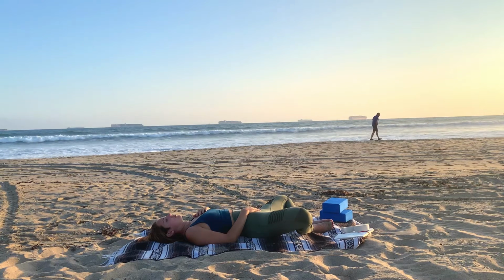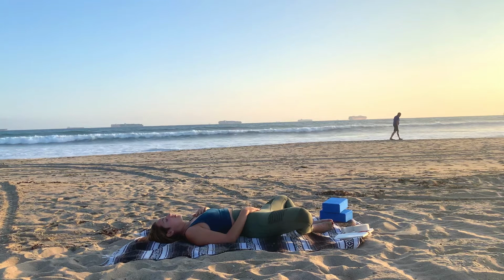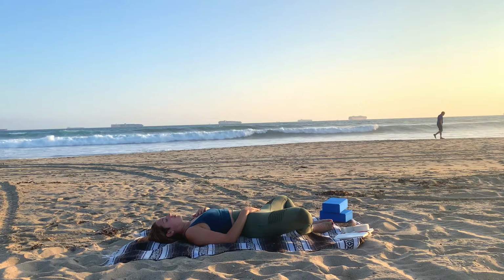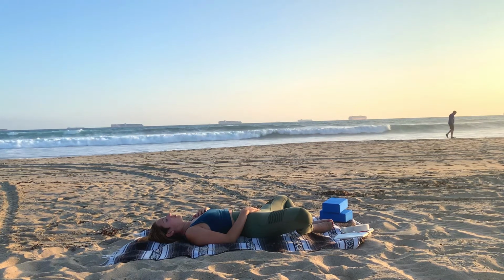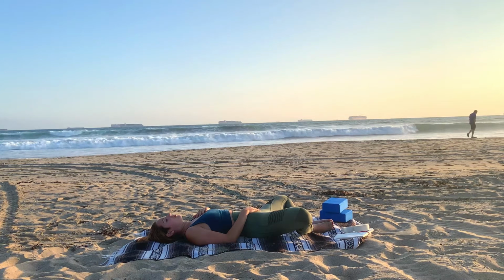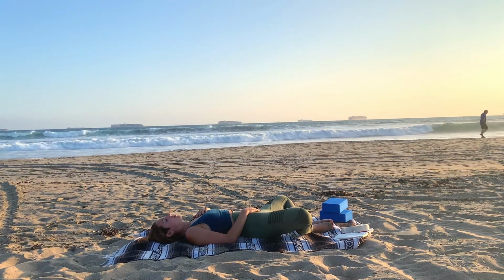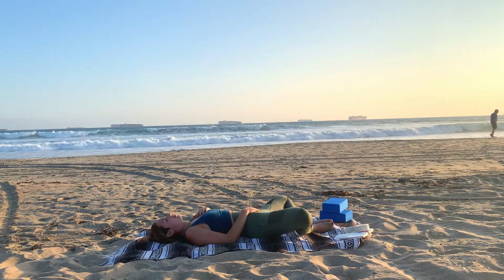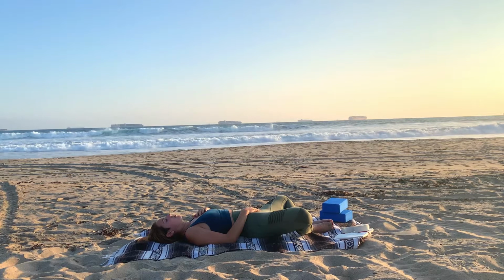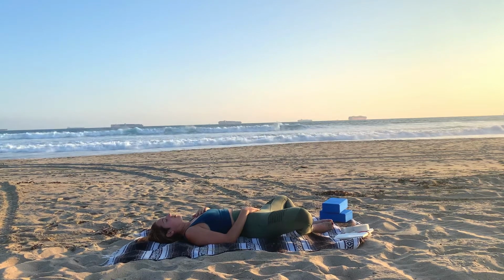Noticing little details like the color of their eyes, what they're wearing, their demeanor. You can even imagine holding their hands or making some kind of kind, gentle contact with them in some way. Take a moment in your mind's eye, looking them in the eyes as they sit across from you. And to them you say, you can repeat this in your head, may you be happy, may you be healthy,